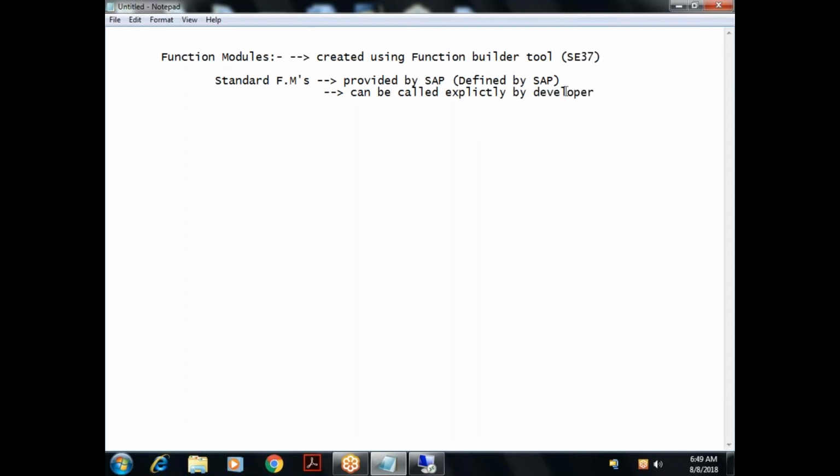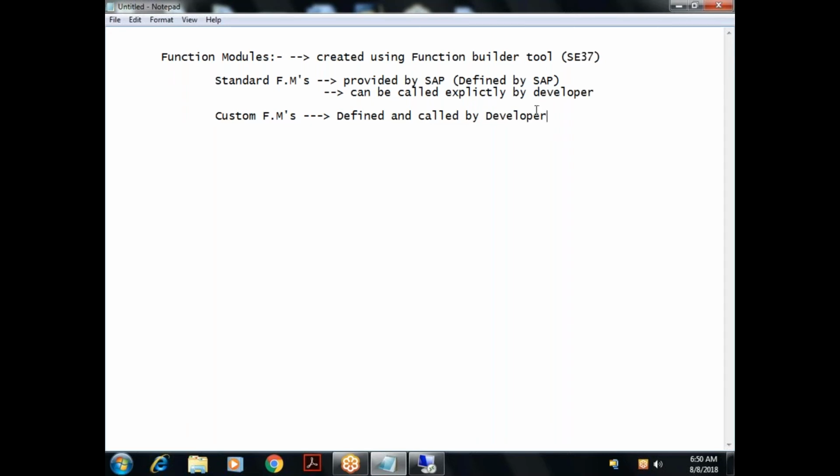We have the provision to create custom function modules. They are defined and called by the developer itself. As part of our project, we might be creating some custom function modules.